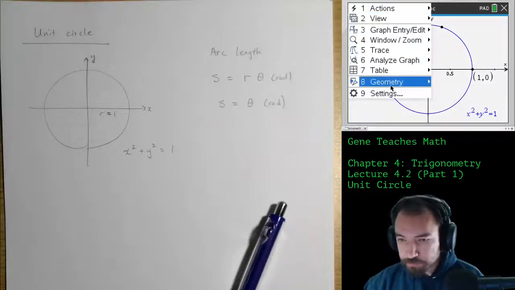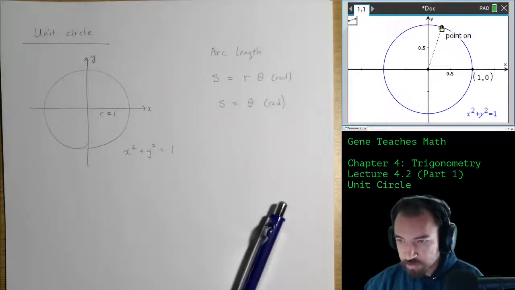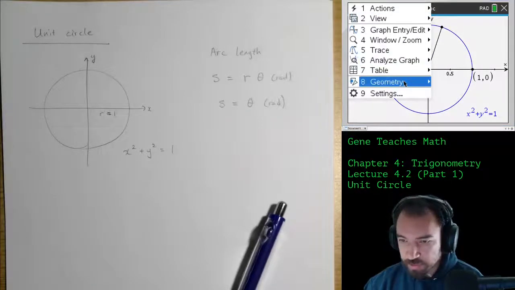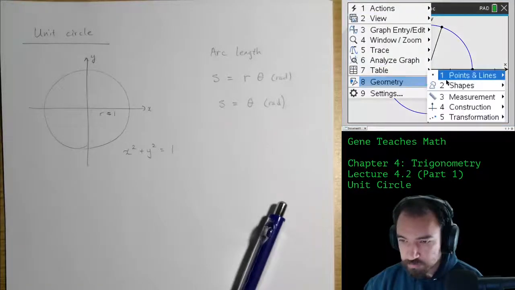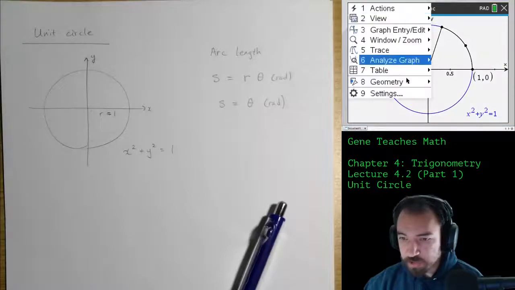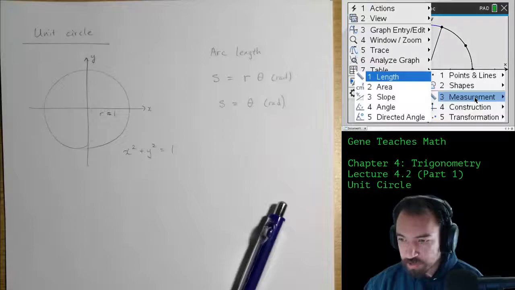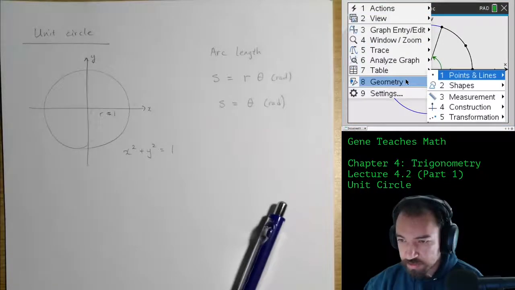So what I can do is add a segment right here to there, lock on, and then I will add a circular arc. There we go. From here to here to there. Okay, cool. We have the circular arc. Now what we're going to do is add some measurements. So if I put a measurement for the directed angle from here to there, you see that this 1.2559 radians is the angle measure in radians. And then let's add a length